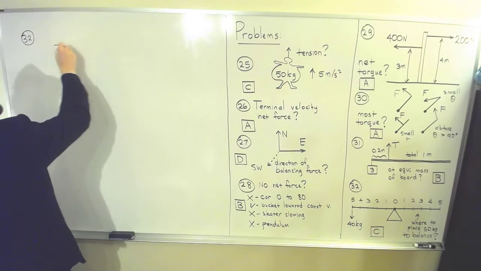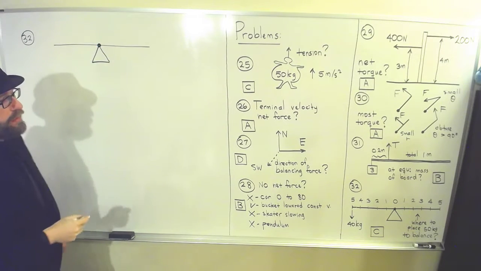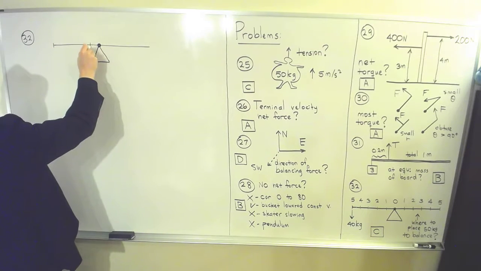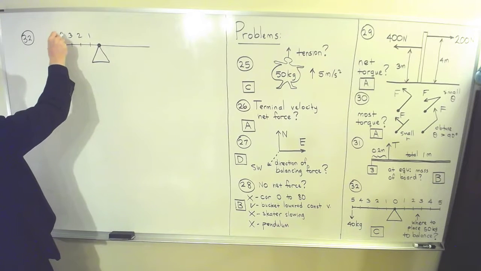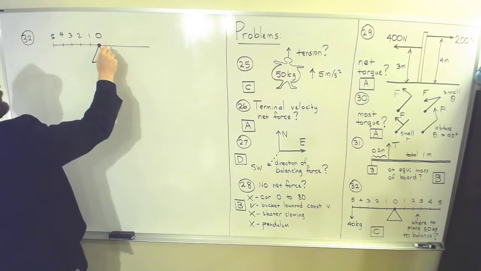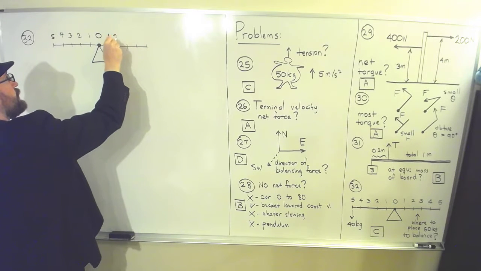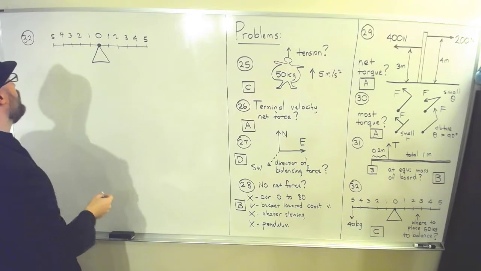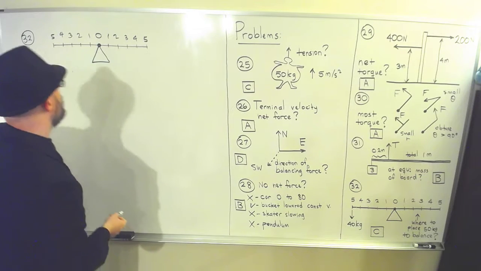It says there's a seesaw, and the seesaw is represented in this kind of rough schematic way. And you can go 5 meters in this direction, so that's 1, 2, 3, 4, 5. This is the 0 point where it's balanced. 1, 2, 3, 4, 5 in that direction. And it says that a 40 kilogram student or kid